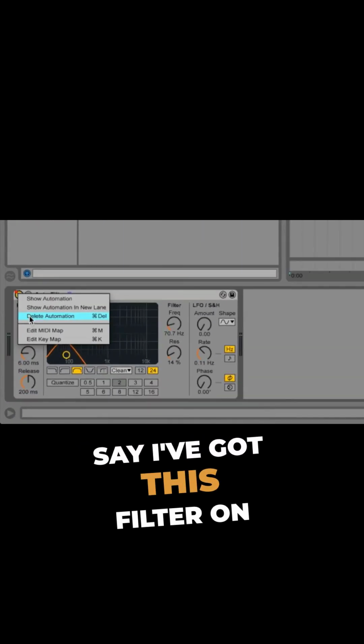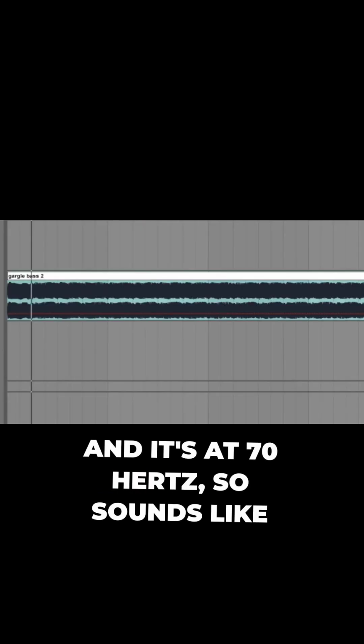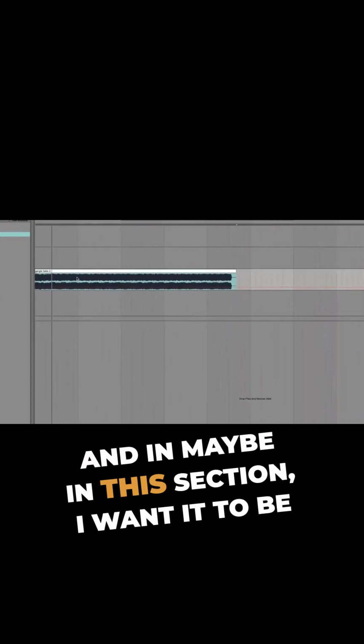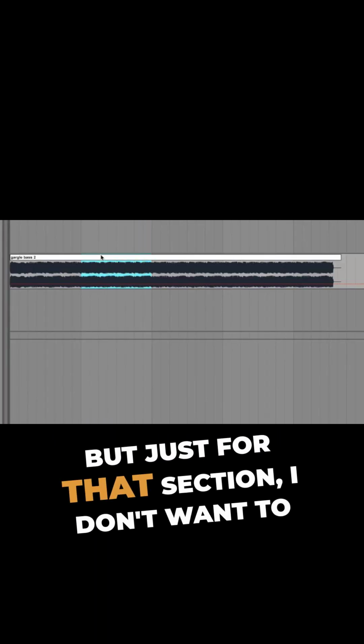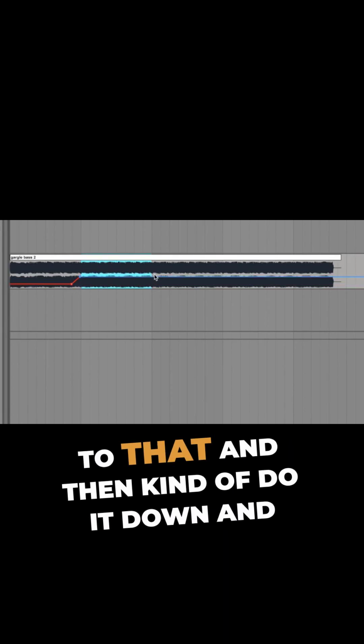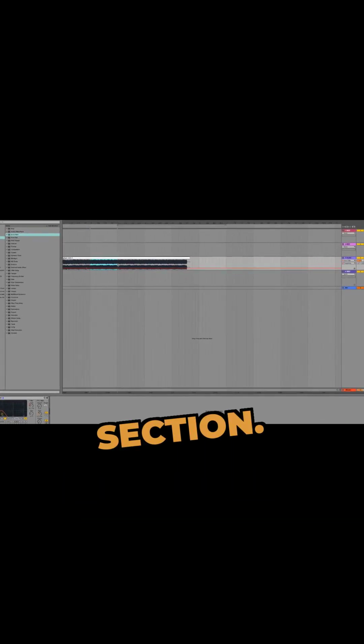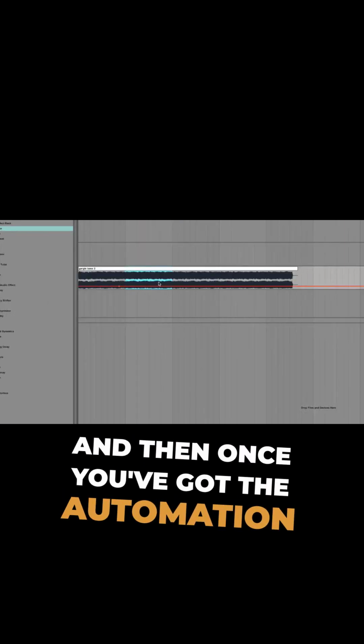Say I've got this filter on and it's at 70 hertz, so it sounds like that, and maybe in this section I want it to be just at like 200 hertz, but just for that section. I don't want to have to automate up to that and then do it down and have this fade. You can literally just highlight a section, and then once you've got the automation selected here,